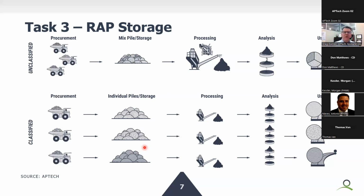The other way that materials are used, and I don't want to imply that there's less quality in that, but less is known about the origin of the materials as they're piled there. And so we're thinking about quality control, testing, those kinds of things that have to happen with storage materials. The idea with that unclassified pile is that it's made up from a lot of different projects, and testing frequencies may be more stringent or more frequent because we really want to maintain a consistent product through processing,